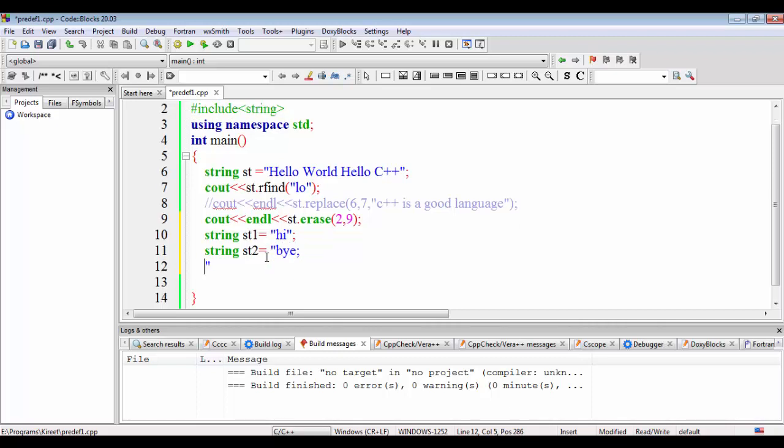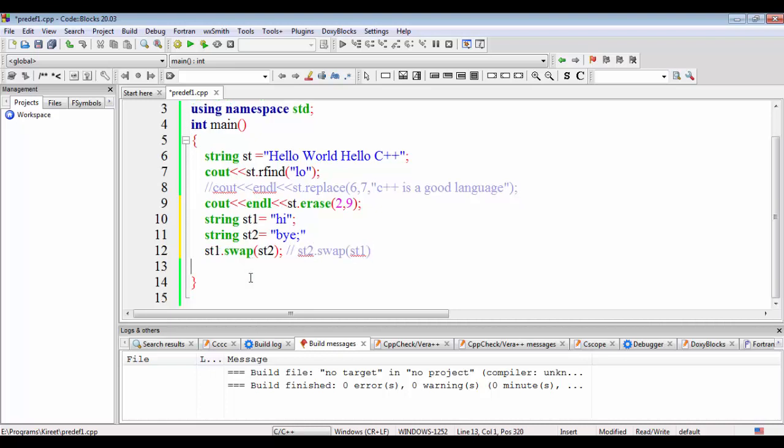If I want to swap the contents of these two strings, there is a function for it. I will call st1.swap and pass st2 as an argument. You can also write st2.swap(st1). It will swap the contents of st1 and st2. Both ways do the same task.